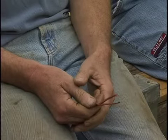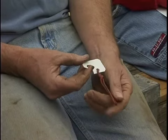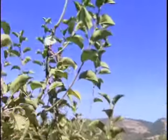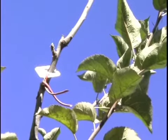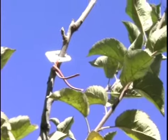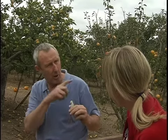Do you use pesticides? Or? Yes, we do. This is called pheromone, and this helps to eliminate 3 insecticidal sprays that we used to apply in the old days. It emits the scent of a female moth. And so the male thinks the female is here, and he can't really see her, but he smells her. And he will spend all his time searching for this female, and he never hooks up with the real female. So they get out of cycle. The female moth doesn't become impregnated, and there's no